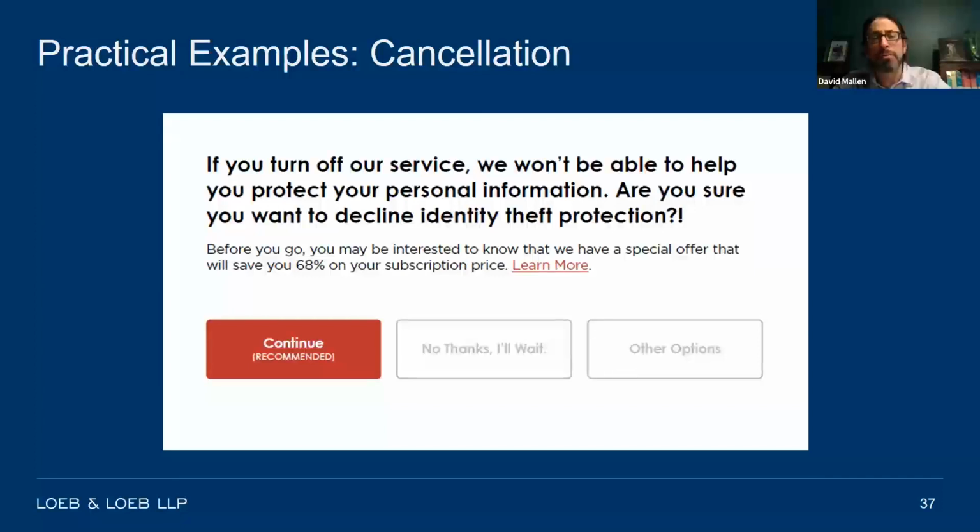You know, you're in trouble if you don't do it. You're really at risk if you don't do it. I think with the canceling of a subscription, it can be tough though in terms of where to draw the line. It's not deceptive to simply say, "Are you sure you want to cancel?" If you were to make one offer, you know, if you stay, we'll give you this, I don't think you would run afoul if that was all that was going on.